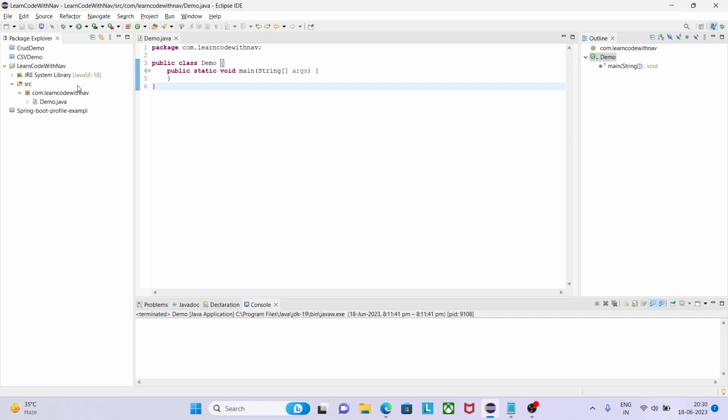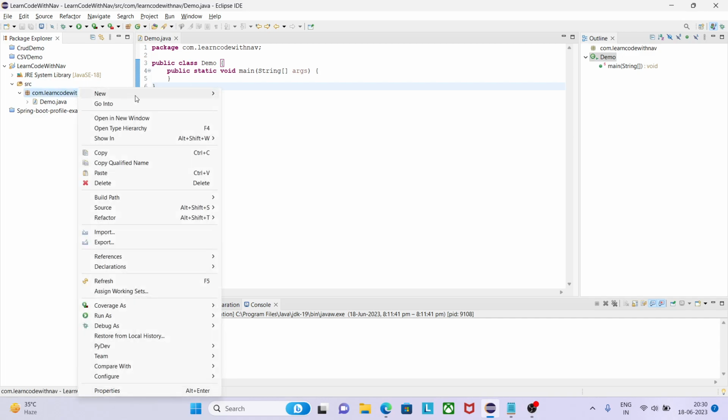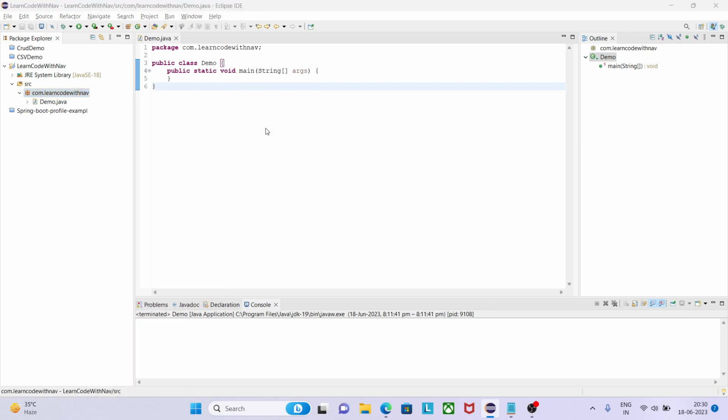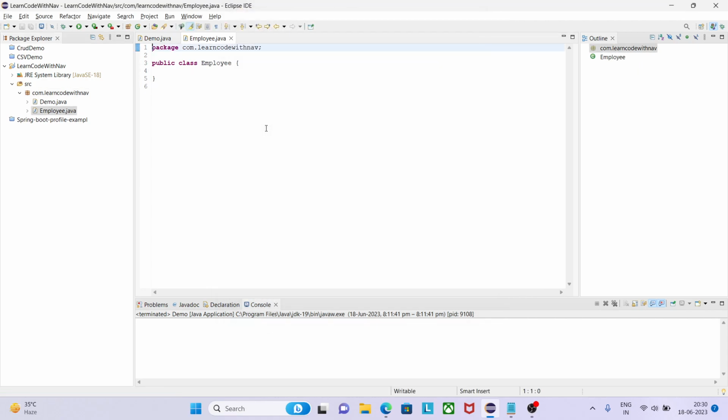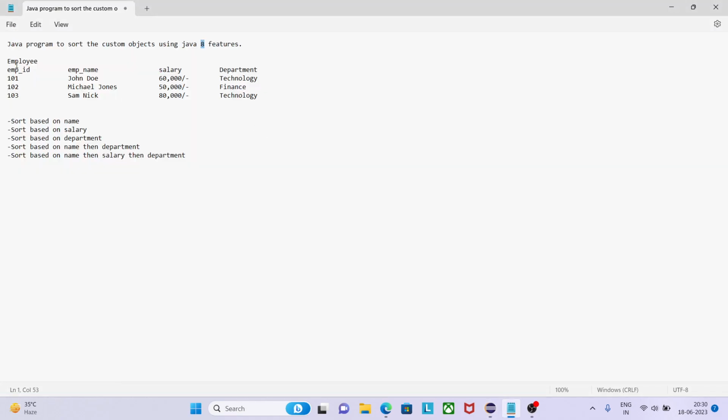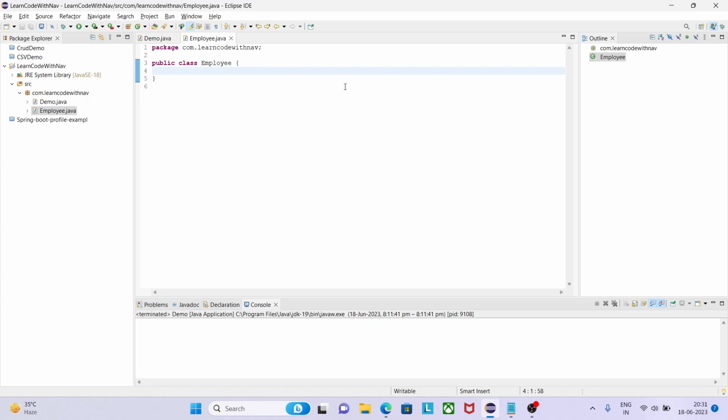and let me create one POJO for the employee. Let's say I want to create Employee. Employee will contain this information: employee ID, employee name, salary, then department. Let me define these 4 variables here: